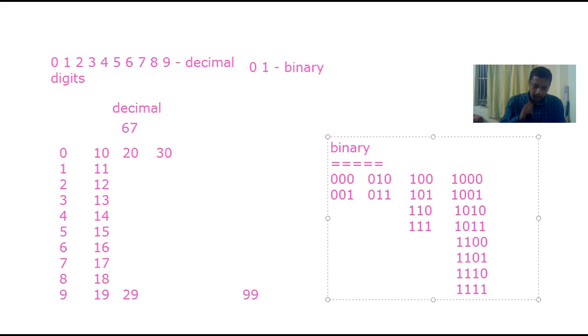Here, what I am doing is showing you the basics. This is the binary digits and how the decimal digits are formed. The binary digit is forming the number, and when it is forming the number, it is following the same rules. Whatever the rules are in decimal to form a number, the same rule is followed in the case of binary, and the same rule will be followed in the case of other number systems. There are various other number systems. So I am talking about binary and decimal.